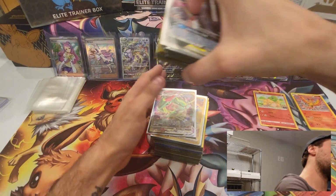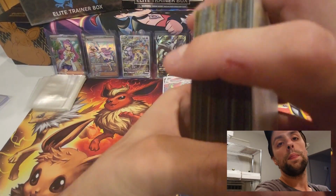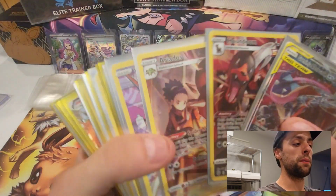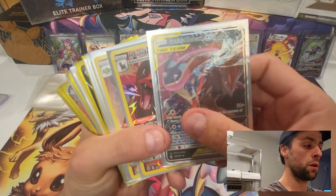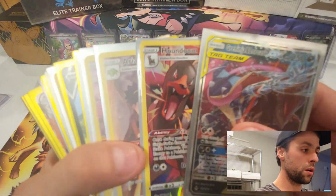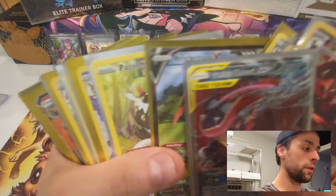So we'll just swipe through them real quick. I do remember the value of some of them, but I don't remember the value of all of them. He didn't have any particular rhyme or reason why he put some in sleeves and some were not. So there's definitely some cards in here that are worth a lot, and there are some that aren't worth very much at all. So starting off with that Greninja tag team, a bunch of trainer galleries, V's,